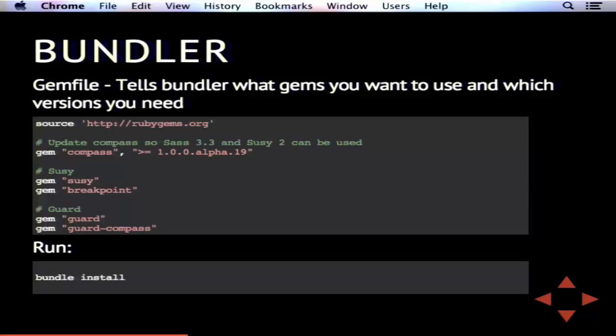So Bundler uses a file called Gemfile. It sits at the top of your theme directory. So right at the very top of your theme directory, you create a file called Gemfile, and you put what gems you want to use. So at the top, you can see over here,